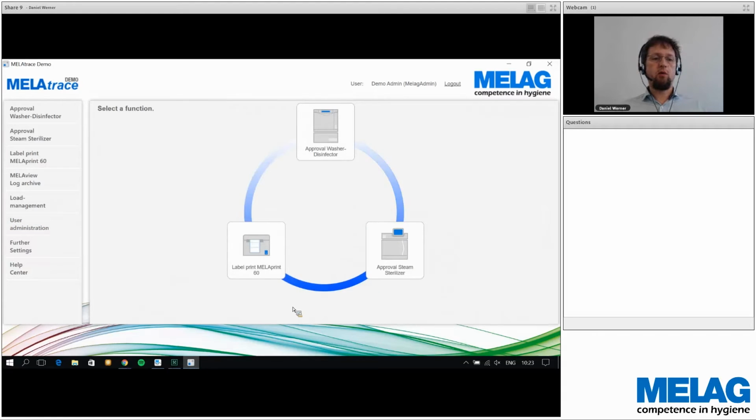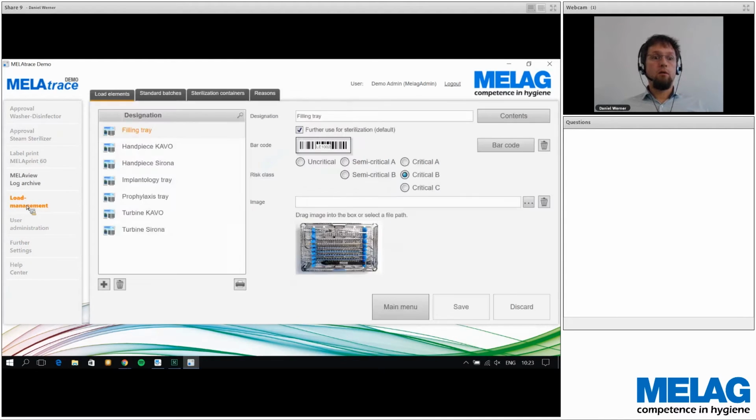So that was a user, and now I go to the other point, the load management. Now I want to add a new load element to the database, to the long list. You see the overview is nearly the same. I can add standard batches or sterilization containers, or I can define some reasons for failed cycles. But here on the left hand side is the point load elements. Click here on the plus button,